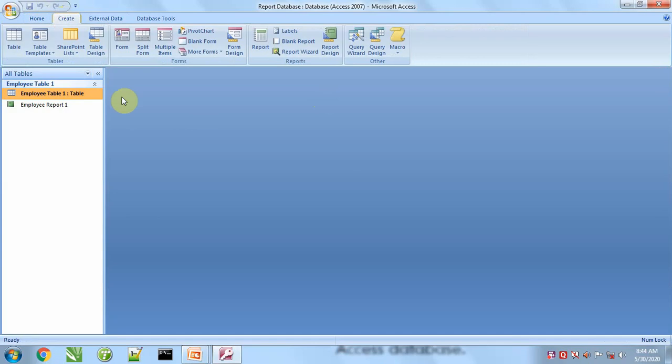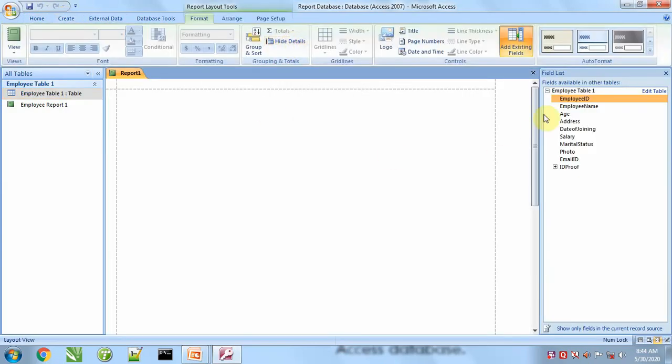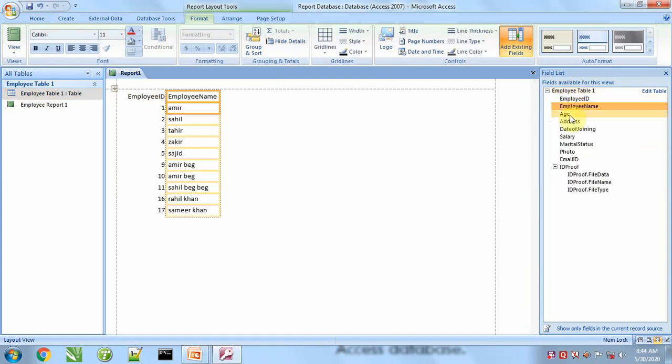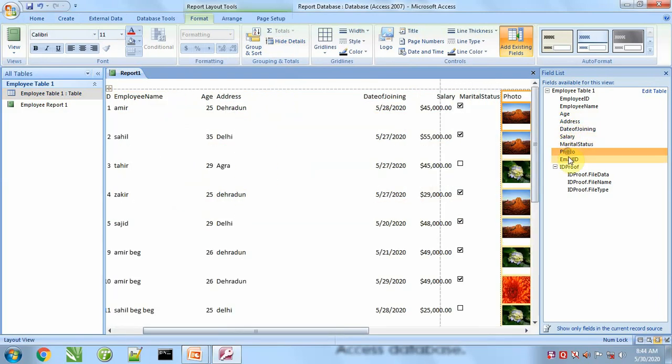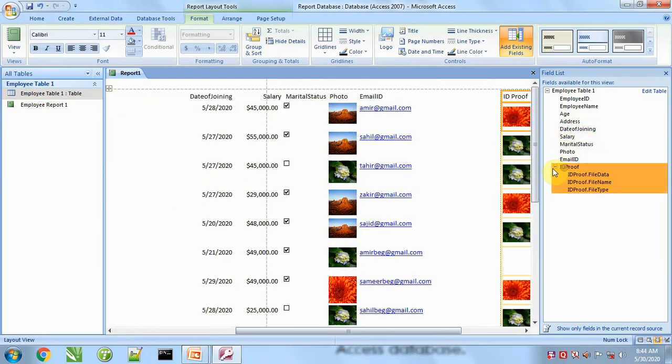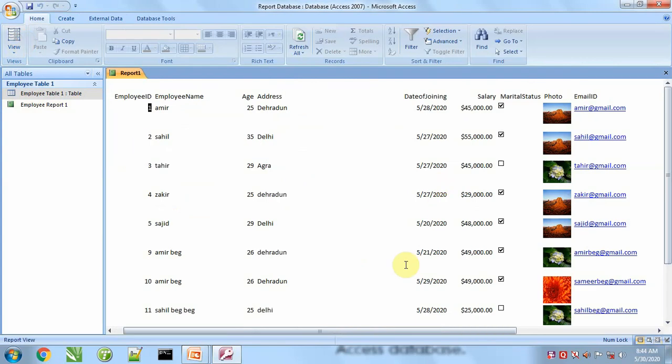Now second report we can create with the help of blank report. We will click on it and here we will select table of our choice. Here is only one table, so we will open this table and double click on these fields one by one. All these fields will be added to report like this, and report is ready.